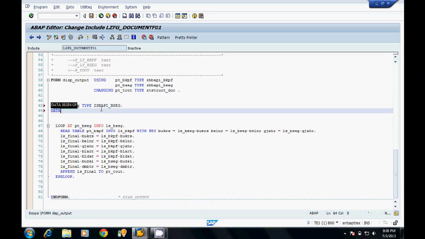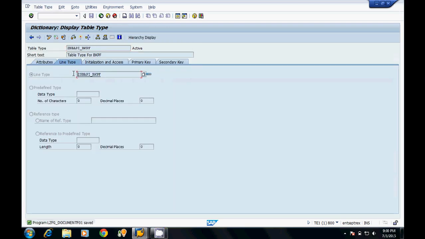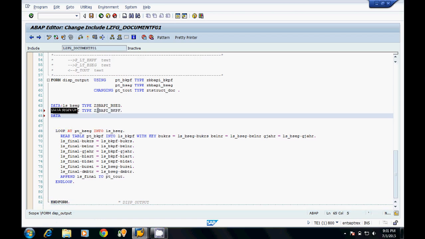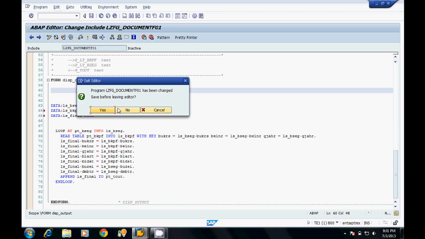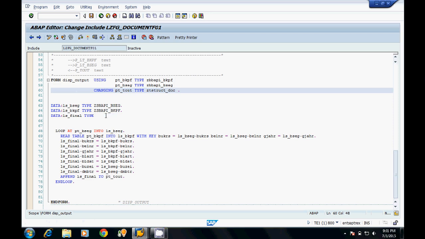Now we will declare another structure for BKPF, which is of type ZSBAPI_BKPF. Now we have the third one, that is ls_final, which is of type ZStruct_DOC.